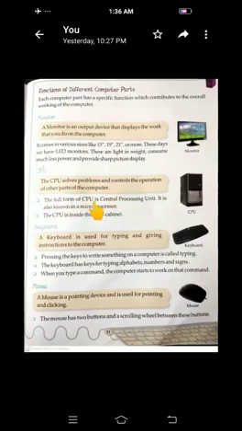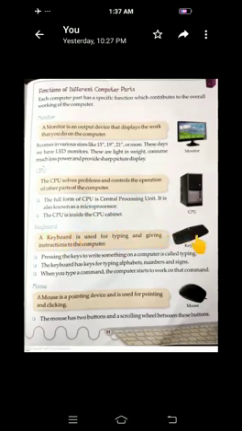The full form of CPU is Central Processing Unit. Once again, speak with me. Central Processing Unit. Okay? It is also known as a microprocessor. The CPU is inside the CPU cabinet.